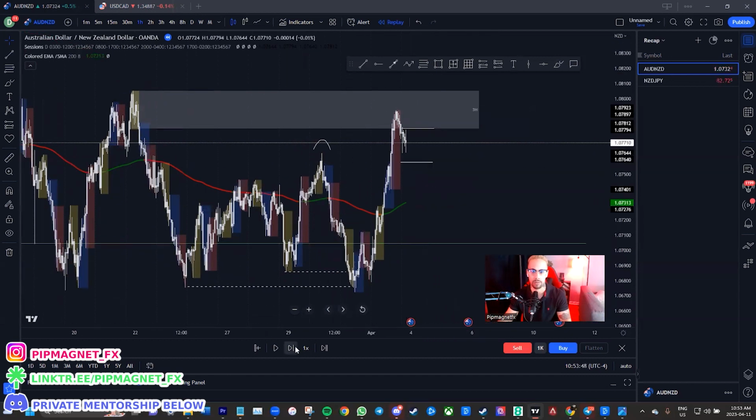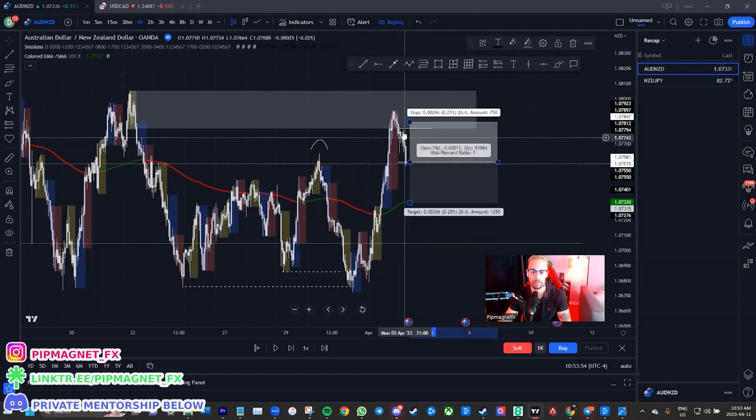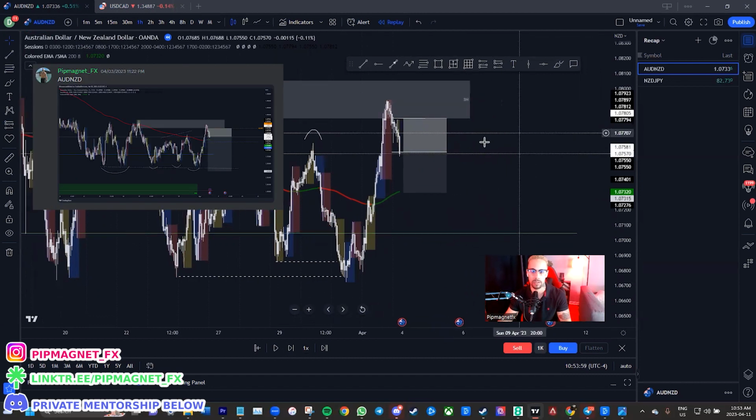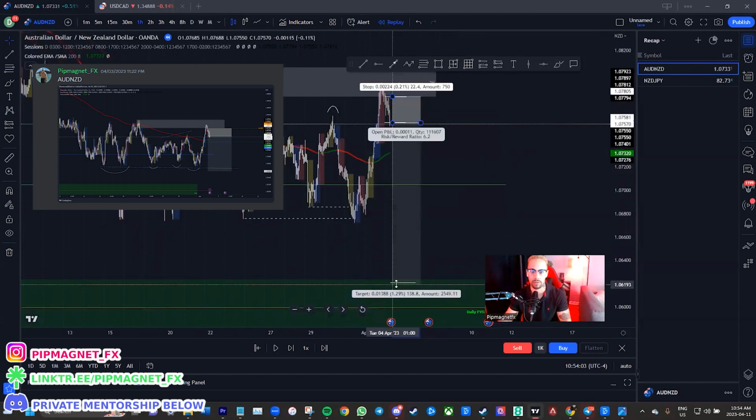So I go back to the 1 hour and I start to recognize that price is starting to change direction on me, okay? So my entry was taken right at the break of this line, and my stop was put above the previous high at the beginning of Asia session, right? My target overall was the fair value gap